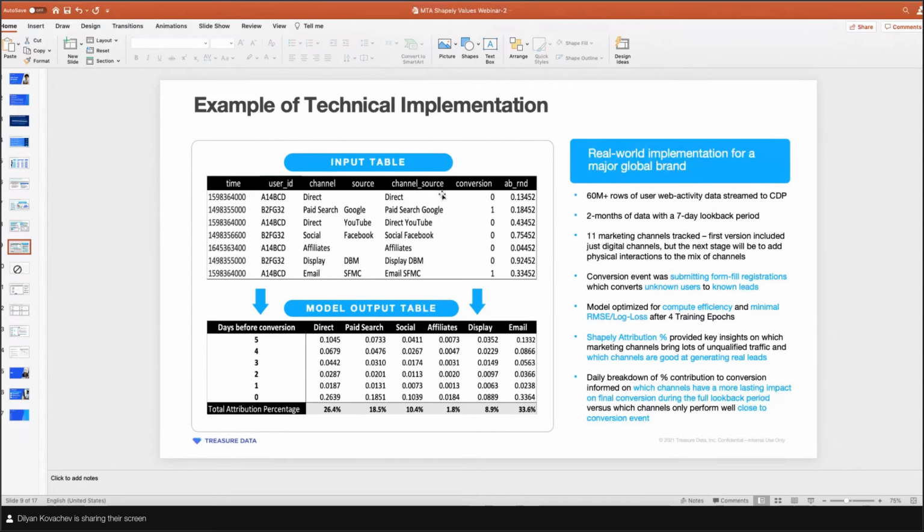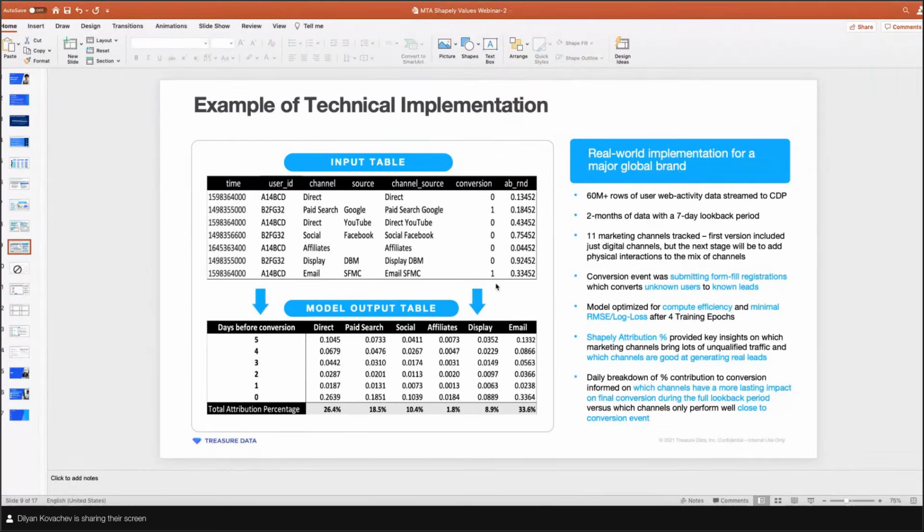And so all that data, like I said, could be digital, but you could also union physical touch points. So you could have a timestamp here, then user ID, then the channel could say sales call, or a conference visit, or an in-store visit. And that could be part of the journey, depending on timestamp.